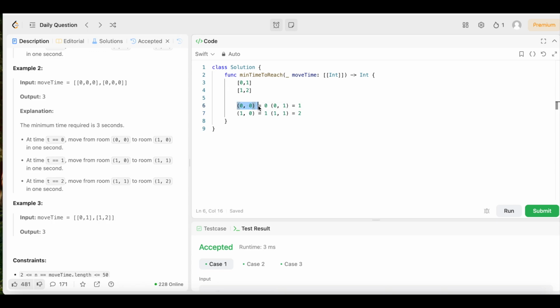So once again, we have to wait 1 second before we can move to this room or this room. Wait 1 second, boom. Now, clock start, we could go. We moved to this room. That took 1 second, so now we're at 2 seconds total. This requires 2 seconds before we could move, but we're already at 2 seconds, so we don't have to wait anymore. But it still takes 1 second to move, so we move from here to here, and that's going to take an additional second, and in total that took 3 seconds, and that's why our output is 3. Now, I know that was a confusing question to understand, but hey, we made it, we got through it,